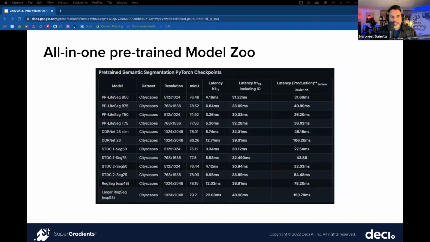as well as semantic segmentation models. So this is great because now everything is in one training library, and since everything's in one training library, you've got one interface to work with. You don't have to learn a bunch of different